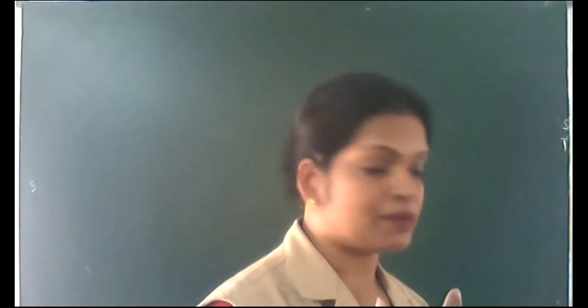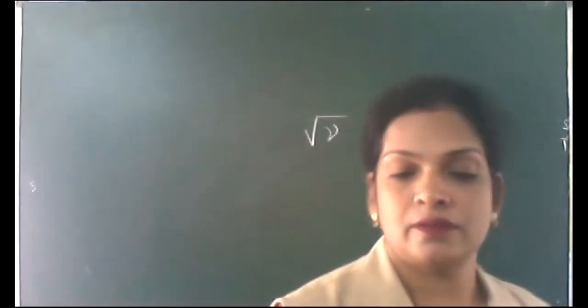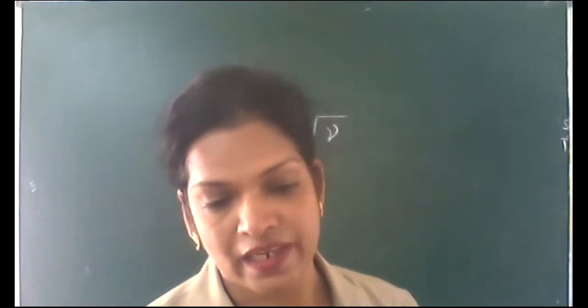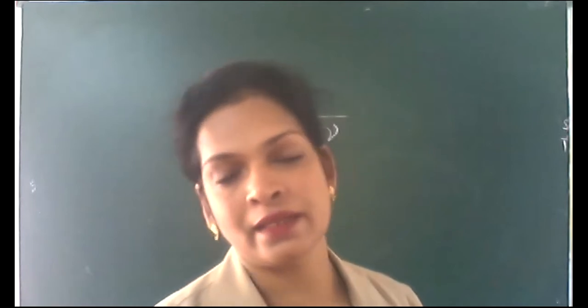By his X-ray diffraction studies, he plotted a graph between square root of frequency against atomic number, and he got a straight line. So by analyzing the X-ray spectrum, Henry Moseley came to the conclusion that